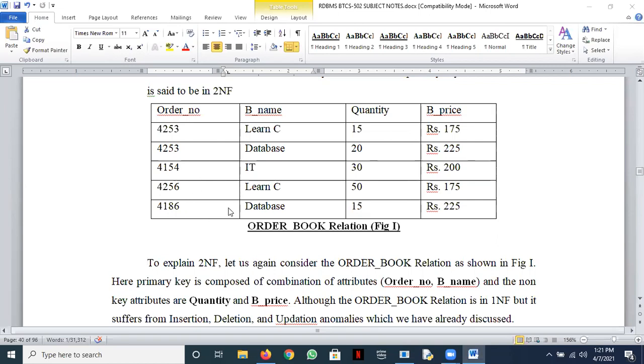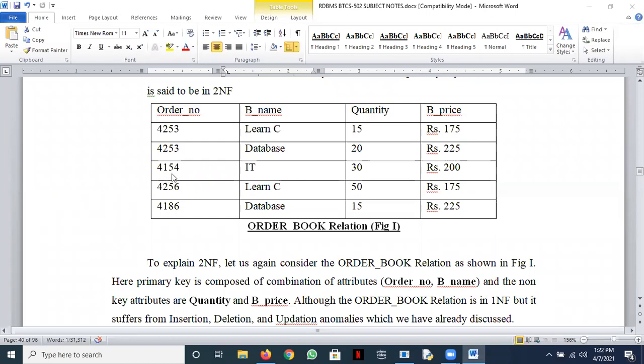Okay. Let's say now that we cancel the order number 4154. Look carefully. Simran, you will answer this question. The order number 4154 is deleted. What is the problem here, Simran? Sir, I guess there will be no problem because there is only one. Somebody else to answer. No, there is a problem. Be very careful about that. We have studied such problems in our offline classes. Yes, somebody else to answer.